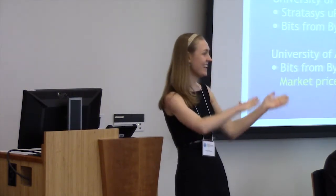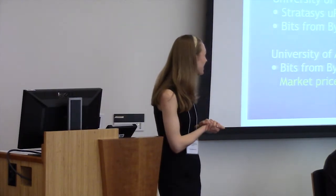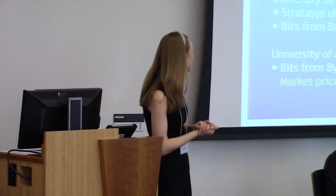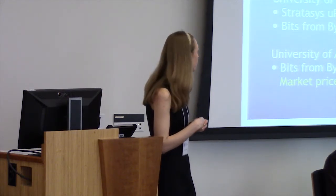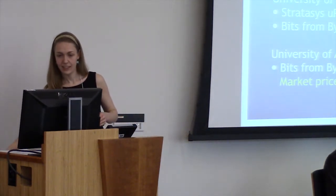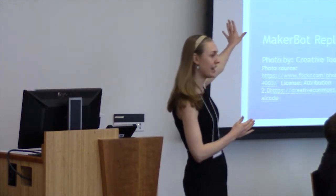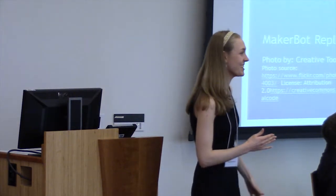Nevada went way to the high end of the scale, and got the Stratasys uPrint, which is almost $19,000. In addition, they also bought a Bits from Bytes 3D Touch for about $4,000. And Alabama also went for the Bits from Bytes 3D Touch. You can see side by side we have the MakerBot, which is the $2,000 one, next to the Stratasys $19,000